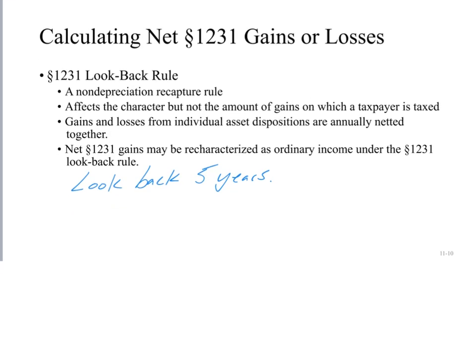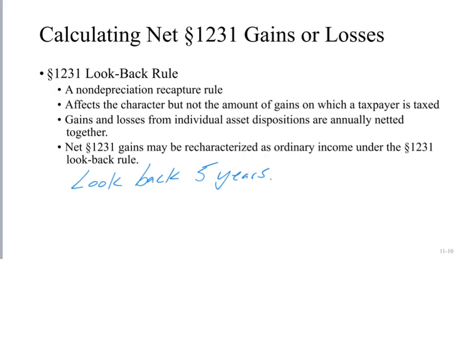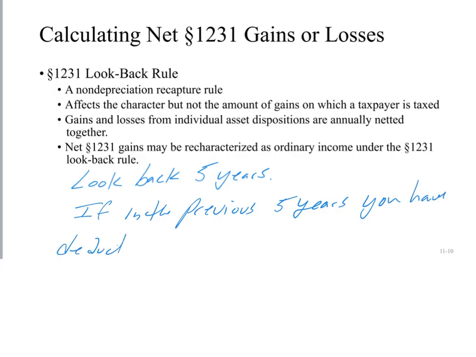All right, so hold on, let me write that down. And then we'll do examples of this when we do our practice problems in class. But I want to get this written down. So what this look back here does is you're going to look back 5 years. If in the previous 5 years you have deducted 1231 losses as ordinary,